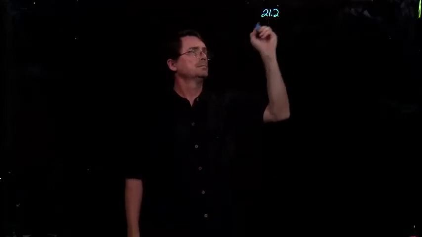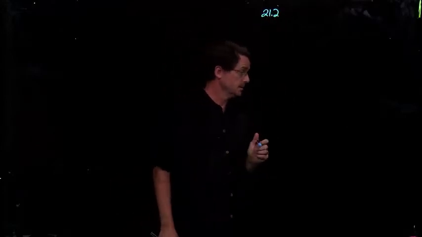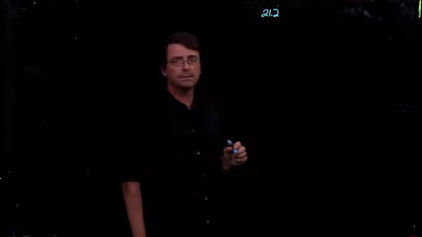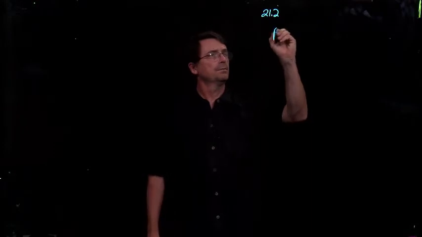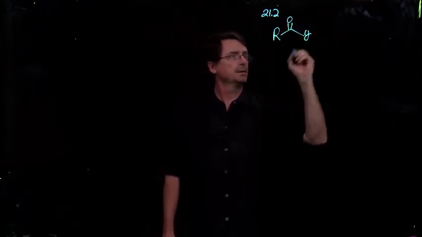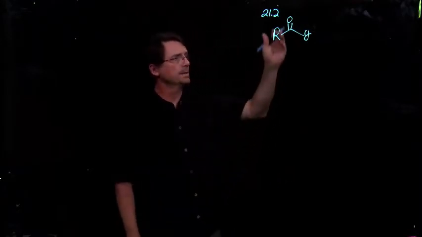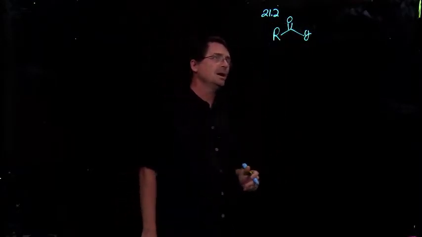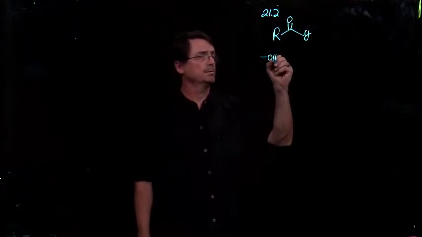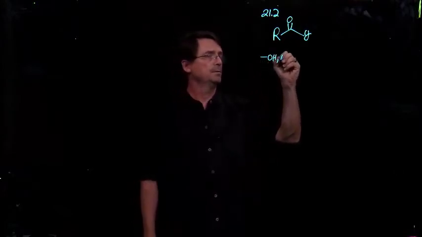Section 21.2. This is the beginning of chapter 21, carboxylic acids and their derivatives. We're going to start here with the general introduction to these. The formula we're going to take here is with the Y, so the acyl group with a Y. Y here distinguishes those that we're going to be talking about: carboxylic acids, the amides,